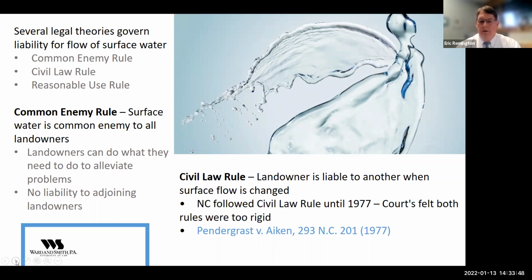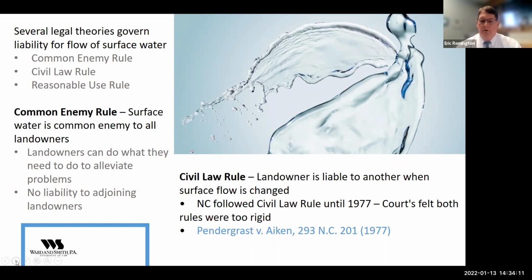But in this case, it happened to be that the Aikens ended up putting in a drainage pipe to basically divert the flow of water that was coming from the Pendergrass property and channel it so that they could make better use of their property. And then what they did was they installed a 36-inch wide pipe and then buried it under the ground.